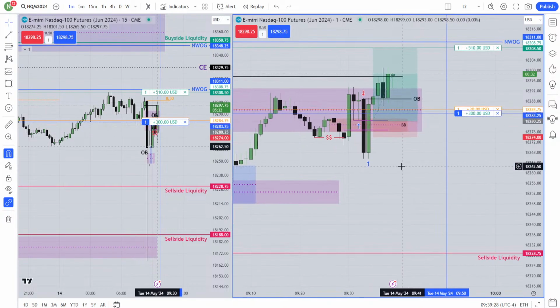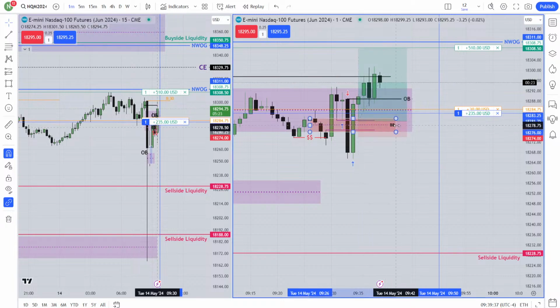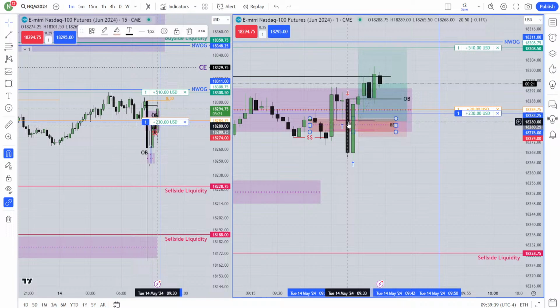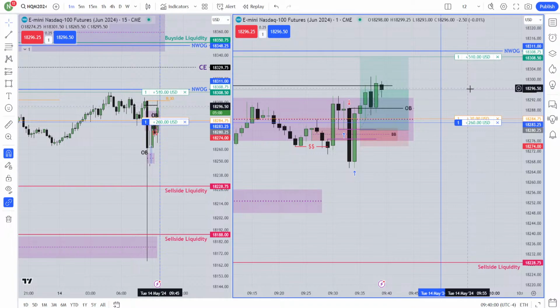Now ICT actually pushed his button when the market went back again above the consequent encroachment of the breaker block. He pushed his button once again. That's why I also pushed my button over there. I don't wait for it to come back again to the breaker block. ICT pushed his button when he actually got stopped out over here and the market just went back above the breaker block. He just pushed his button over there, so I pushed my button over there. So that's all.